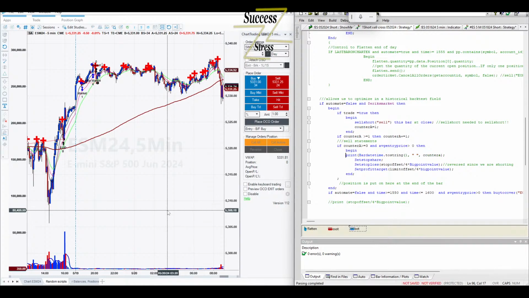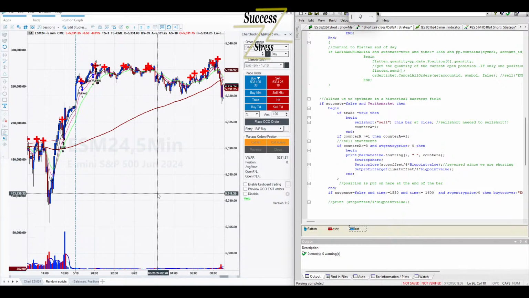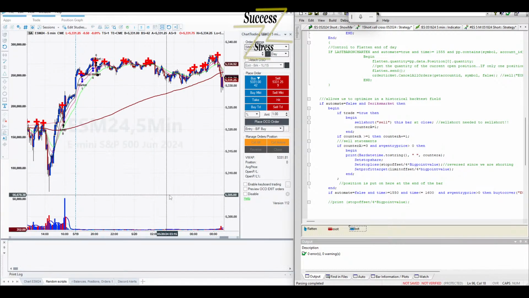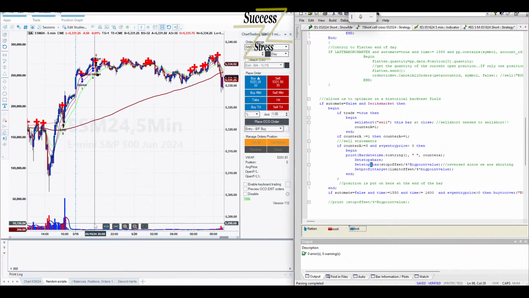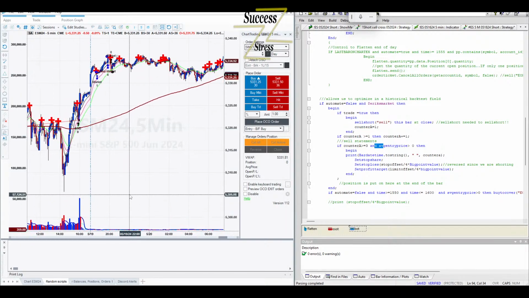So I'm going to re-enable this print statement, and just make sure that indeed we're getting inside this statement, and we're not. I verified it over here and come back over here, and nothing is showing up here, right? So counter A is never greater than or equal to 3, while average entry price is greater than 0, which is crazy.